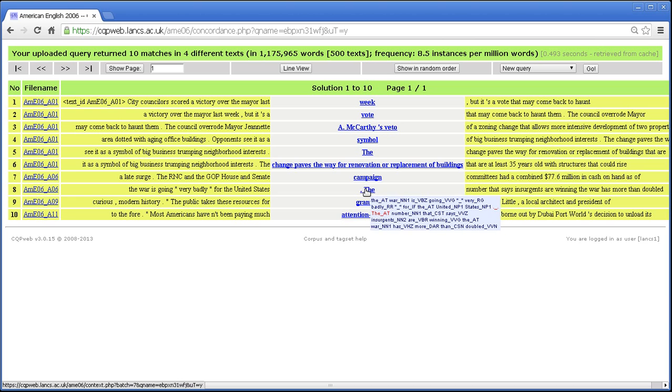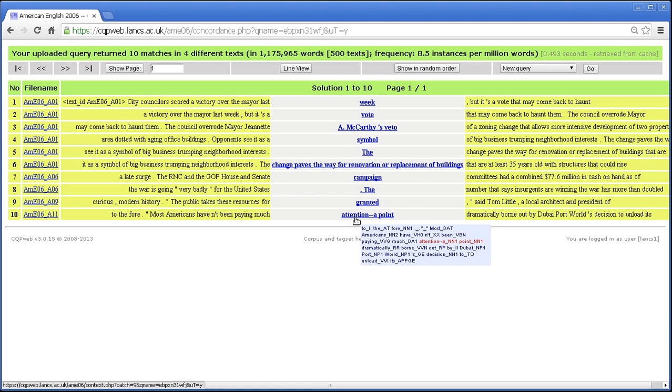12,345, 13,000 to 13,001. So 13,000 is that full stop, and 13,001 is the. And then my next random number was 20,000, so we've jumped ahead in the corpus again. And then finally we have 2 words, well, attention dash dash is actually, it should be 3 words, but it's been tokenized as one thing here. So that's a bit of an error in the automatic analysis. But again, we've got 2 words from my 10th number, which was